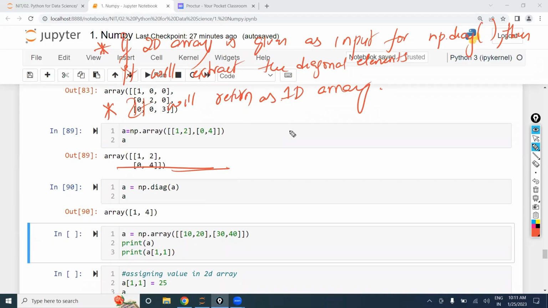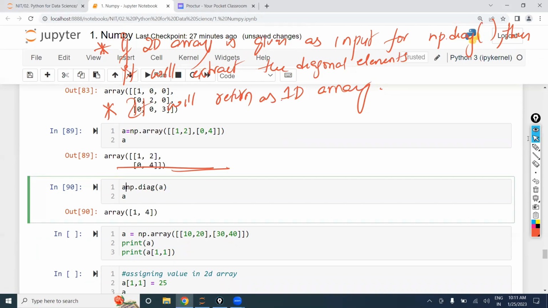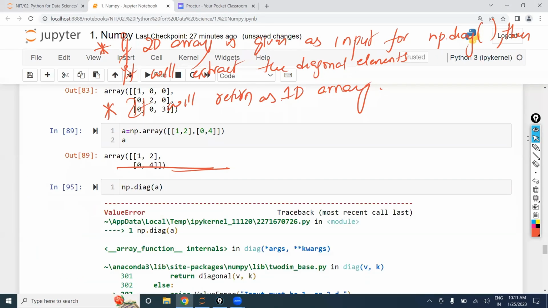Where? Print 2. Yes, print is here. If you don't write this one, it will not store. The value will not be stored,